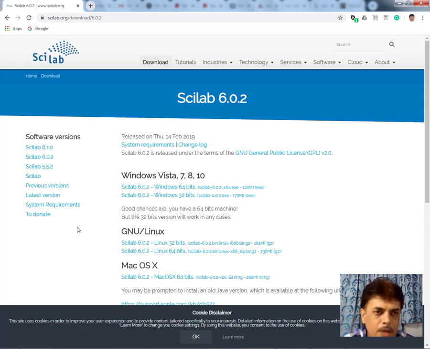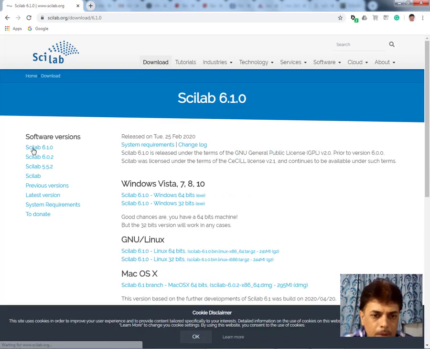On this download page, we can observe that we are having various links of different versions of the Scilab software, and we observe that the latest version is Scilab 6.1.0. We just click on this link of Scilab 6.1.0.